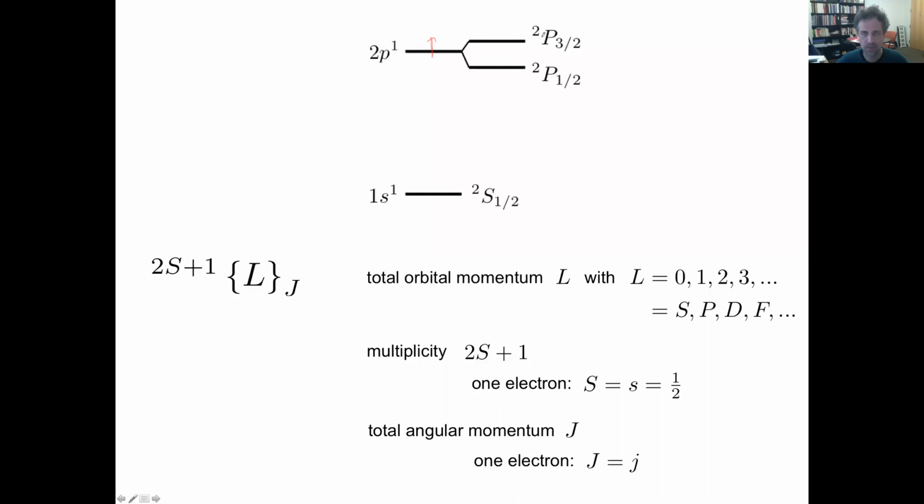The capital P relates to the fact that L equals 1. Because there's only one electron, little l equals 1. Little l is the same as capital L because there's only one electron, and that means it's a capital P. That's the same P as the p orbital here, of course. So this little p corresponds to the capital P here because there's only one electron. And then the J is the total angular momentum quantum number. There are 2 possibilities, 3/2 and then 1/2. So these are the 2 states that the electron can be in